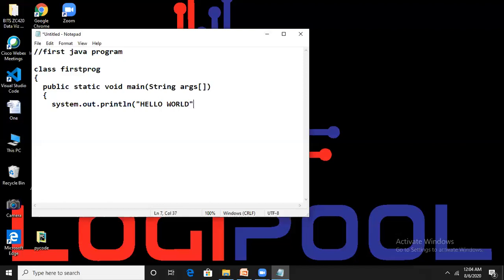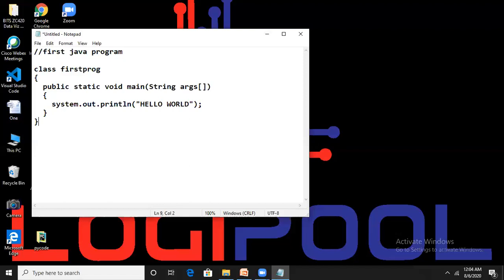Close the parenthesis, use a semicolon. Java follows the same syntax style as C and C++. Close the main method. So this is our source code. The first step is completed: type the source code.